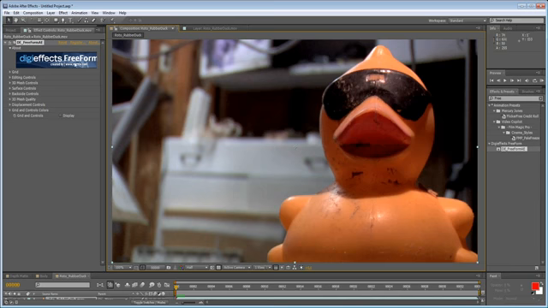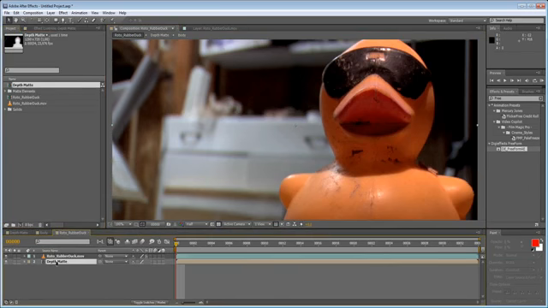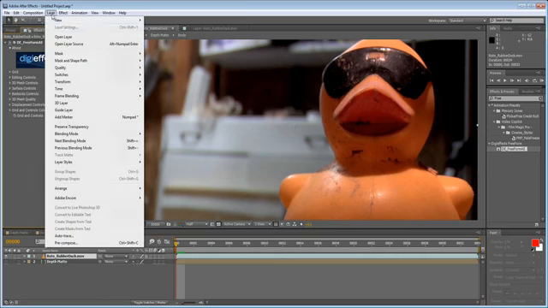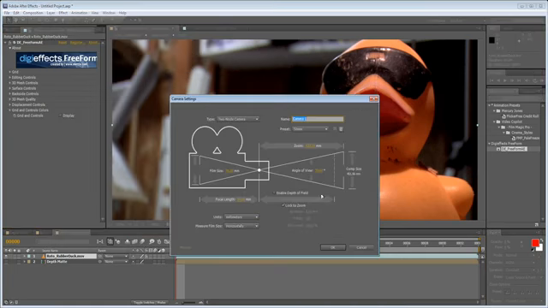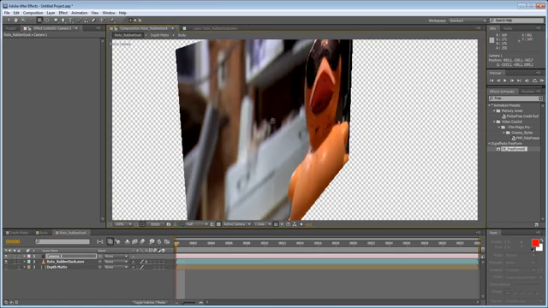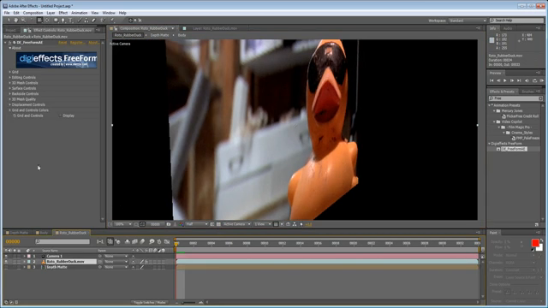And we're going to import the mat in this composition. Let's turn it off. We don't need to see it. Let's create a new camera layer, new camera, so we can see what's going on. 50mm, and hit OK. And just move it to the side, so we can see what's going on in a minute. Good. So now we're going to go into the footage, go to the displacement controls, and set the